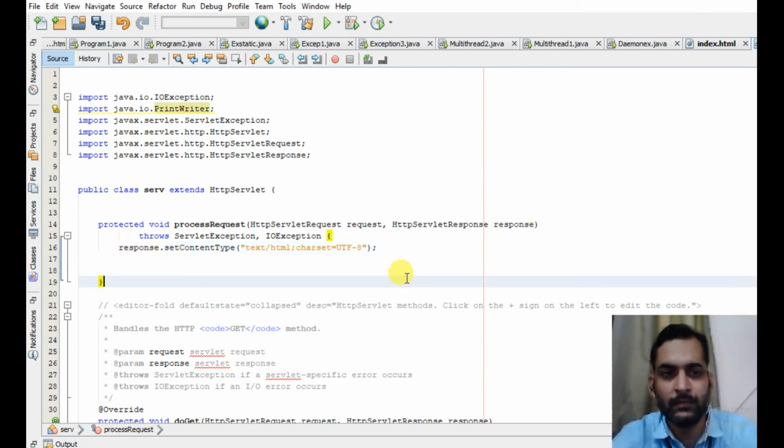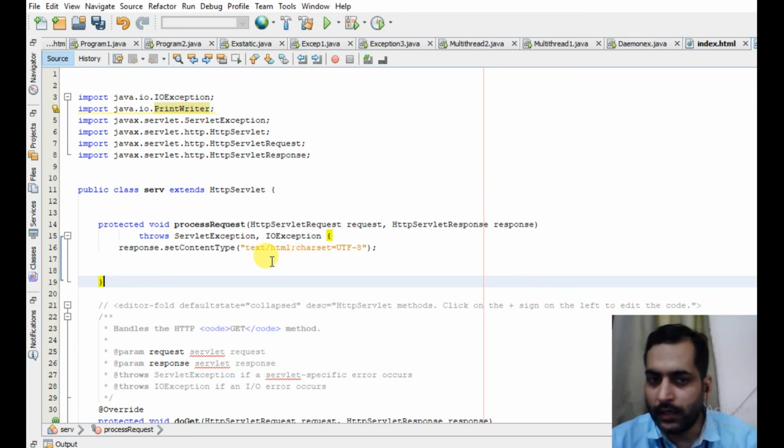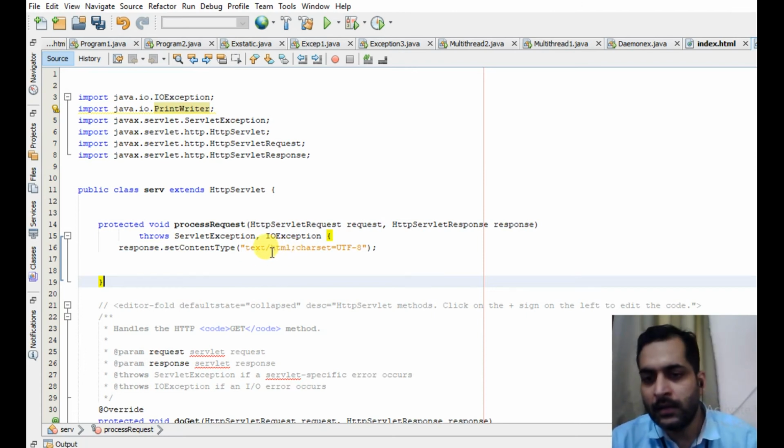This line, response.setContentType, is actually setting the content type of the response being sent by the server. Here the default content type is text/html. This will give the output in the form of web page.